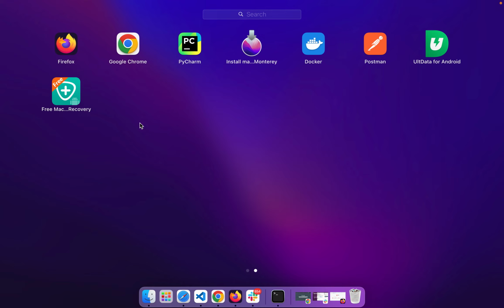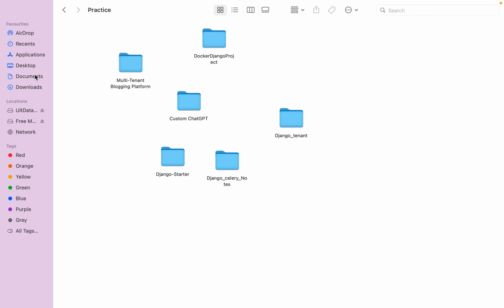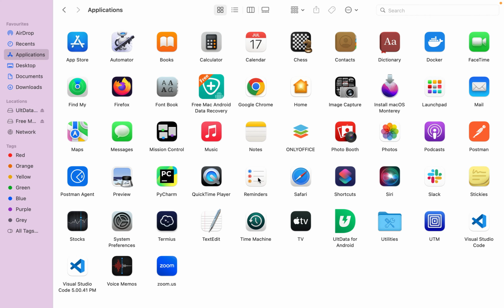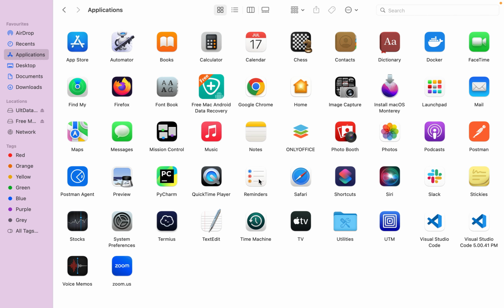But on some Macs, this trick is not working, and in my case, on my Mac it is not working. So we will move to the next step, how we can uninstall the program from the Mac. Then simply click on the Finder and then click on Applications. There are all the applications we have, and just select the application which we want to uninstall. Just hold and press and move it into the bin. When we move it into the bin, you can simply see this application is removed from our Mac.